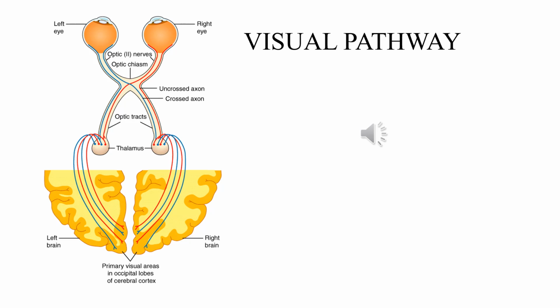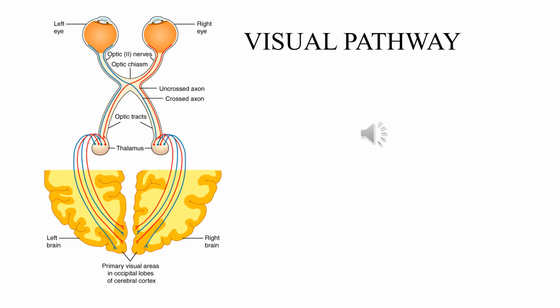Now the exact location of the optic chiasma is just at the junction of the anterior wall and the floor of the third ventricle. Within the optic chiasma there will be crossing of the fibers from both optic nerves. Basically, these are the nasal fibers from both of the optic nerves which are crossed in the optic chiasma, and in the periphery of the optic chiasma there are uncrossed fibers.